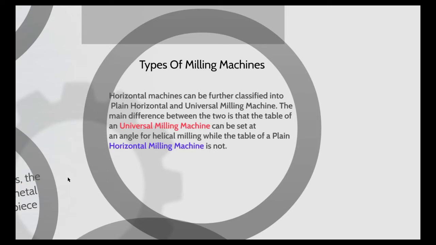In horizontal milling machine, spindle is situated horizontally. The spindle rotates horizontally. An arbor is attached to the machine which holds the cylindrical disc-shaped cutter which cuts the metal from the workpiece. While the universal milling machine is the same as the horizontal milling machine, except there is an arrangement to swing the table up to 45 degrees in either direction.